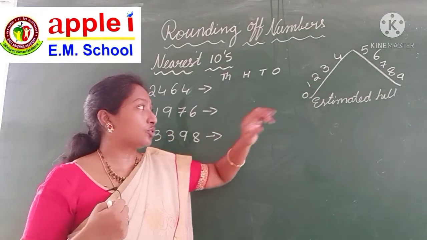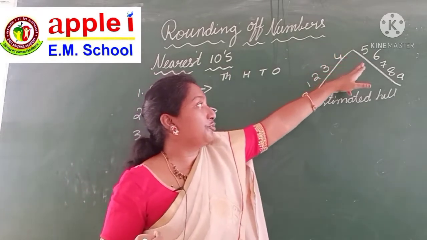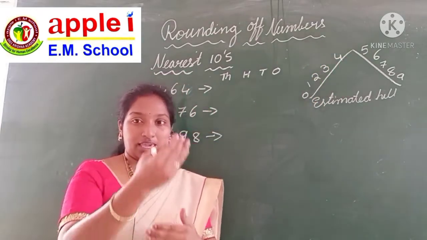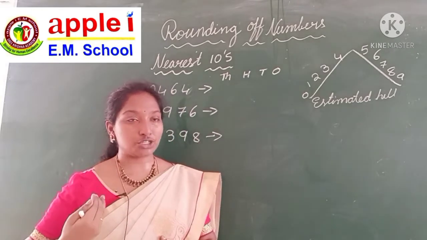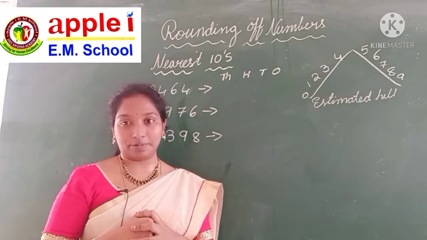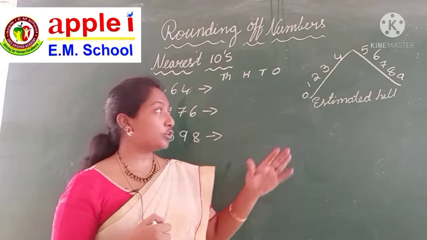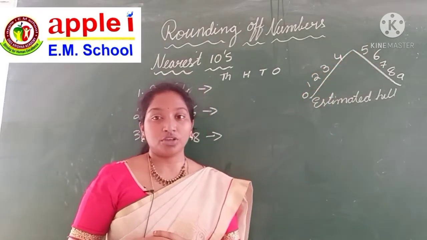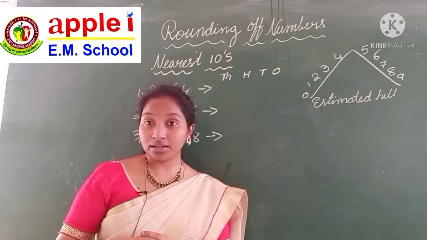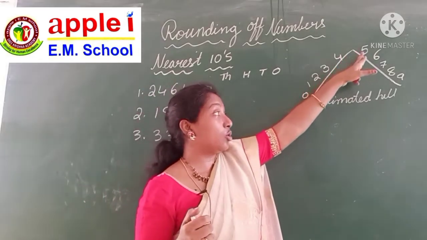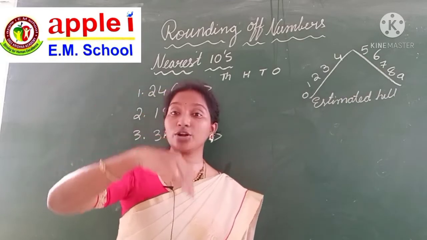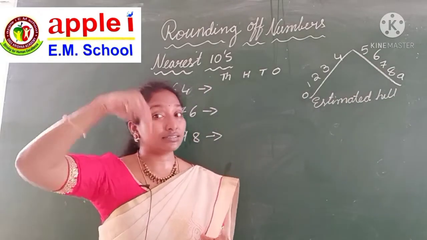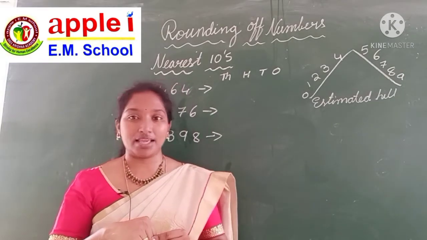What will happen? The ball will come back to the same position. Understood? Next, if you throw the ball up to 4, again the ball will come back to the same place. Suppose you throw the ball up to 5. Now what will happen? The ball will go to the other side of the mountain.